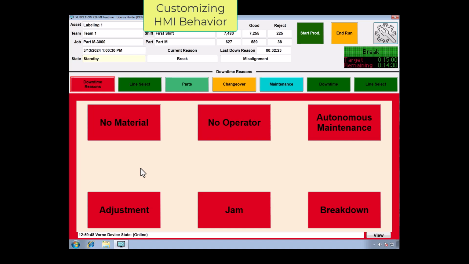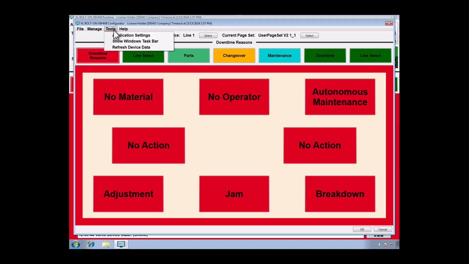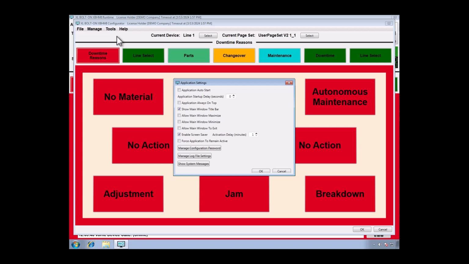Select the Configuration Application button in the upper right-hand corner to bring up the configuration window. In the menu at the top, select Tools, Application Settings. In this dialog, you can select and unselect several settings that control the behavior of the application's window, such as whether the application auto-starts, meaning it will automatically start XBHMI when the PC is started and the user logs in, whether the application is always on top, which brings the XBHMI to the front regardless of other running applications on the PC,